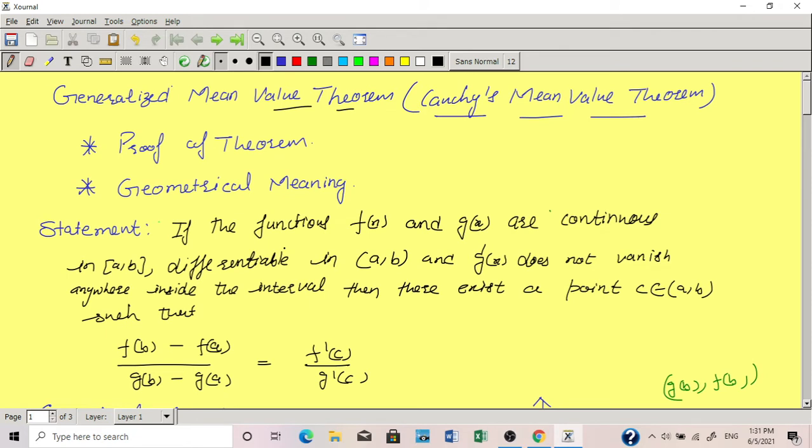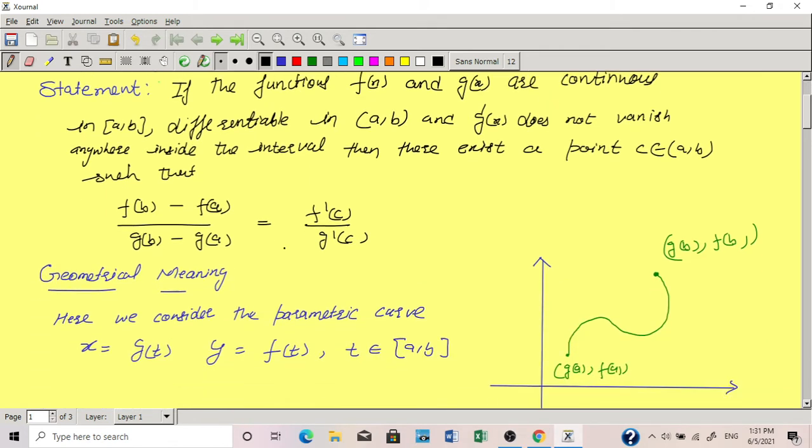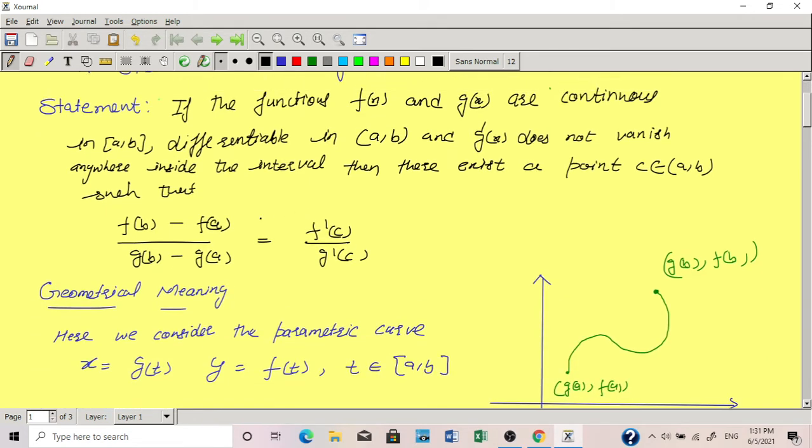First, the statement of the theorem. If the functions f of x and g of x are continuous in the closed interval [a, b], differentiable in the open interval (a, b), and the derivative of g(x) does not vanish anywhere inside the interval, anywhere inside the interval meaning the closed interval [a, b], then there exists a point c belonging to the open interval (a, b) such that